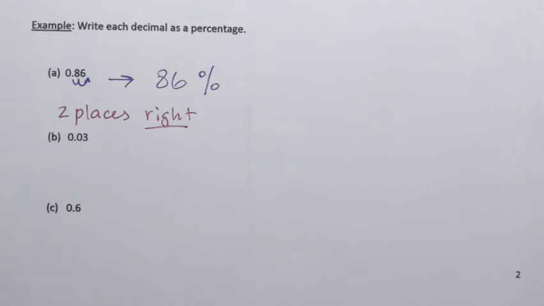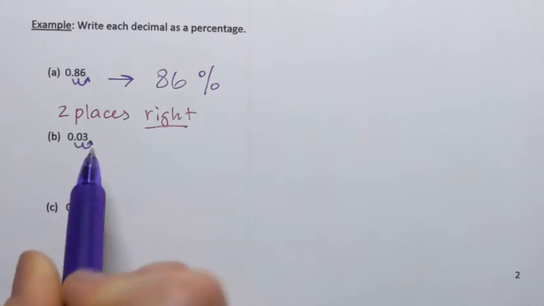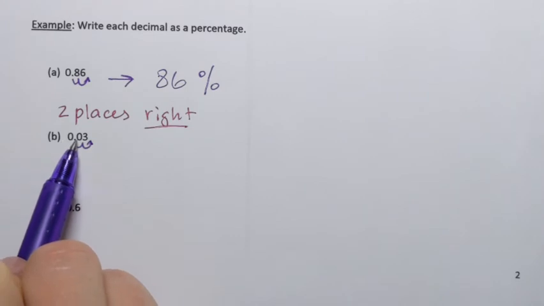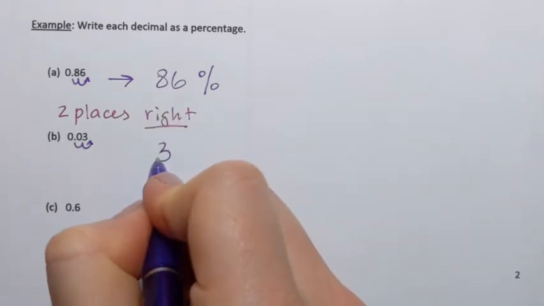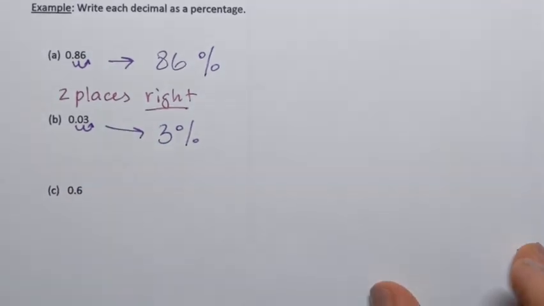Let's try it for the next one, which is 0.03. The decimal point is being moved 2 places to the right, and now it's at the end of 3. I don't need to write all the zeros in the front, so it just becomes 3%. That converts to 3%. And then finally,